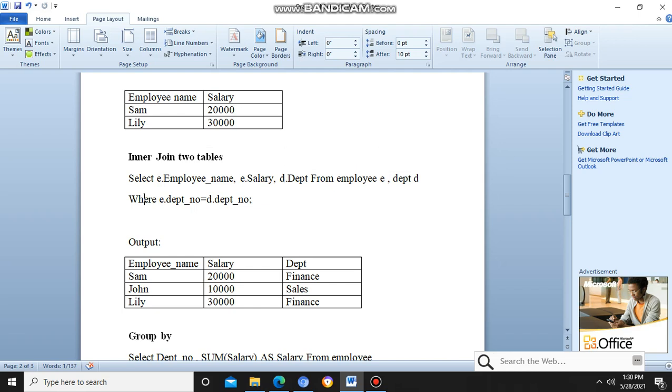So where E dot department number equals D dot department number. We are joining both the employee and the department table using the department number column. The output will be employee name and salary, both coming from the employee table, and the department name, which is finance, sales and finance.